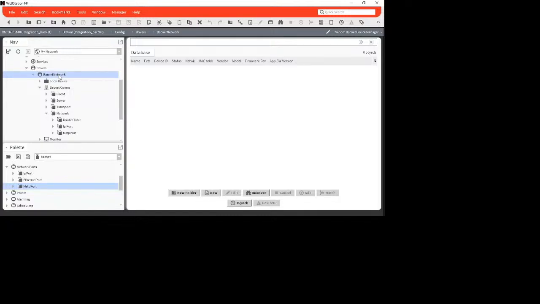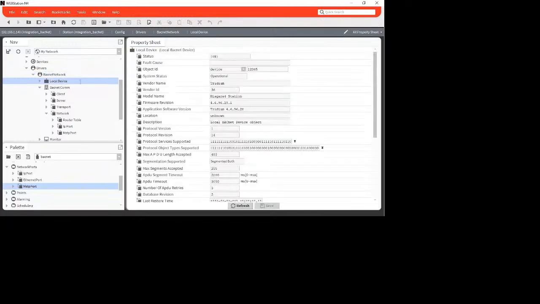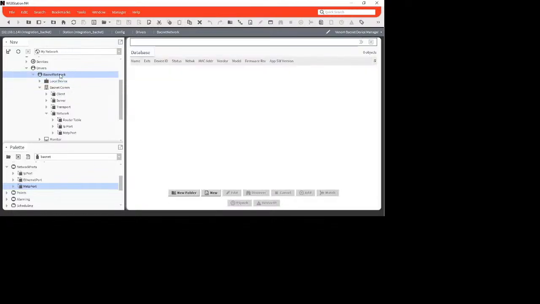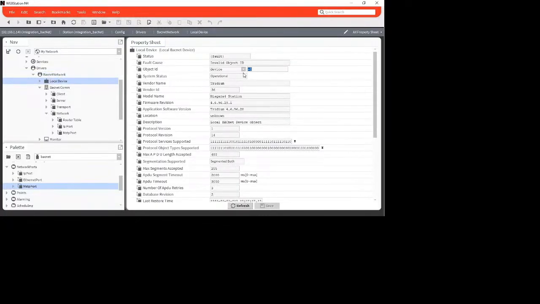BACnet network should give you the access to discover. I'll show you this. Just go back to your local device. Let's say you didn't do anything. You leave it as is. When you went to your BACnet network, you'll notice you wouldn't be able to discover. So if that's happening, then chances are you haven't enabled or provided an address to your local device. Once that's done,